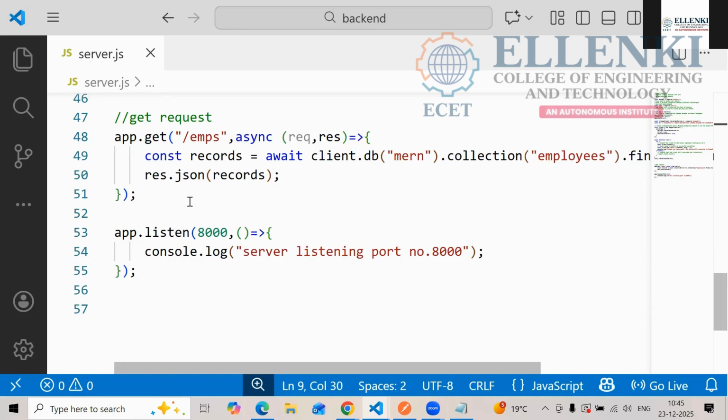And later, I am just printing "Server listening to port number" to check whether it is coming or not. That's it. This is the backend program. You have to run this program, and then keep it like that, the backend will keep running. Then you have to move to the front end program. How you are bringing the data, how you are using this data in React.js, that you write in the front end. So that one I am also showing here. So this is the backend. Will you write this one? Yes, right. In that program only you have to write it at the last.